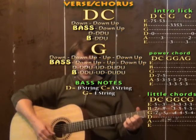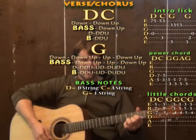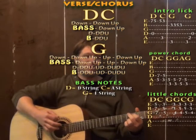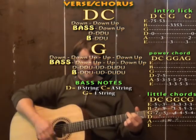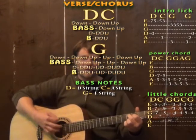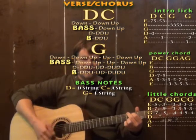So one way to work it is to kind of do the down, down, down, up on the D. Go to the C for down, down, down, up. And then we can go to the G for our whole pattern. Down, down, up, down, down, up, down, D, down, down, down, C, down, down, down, G, down, down, down, up,